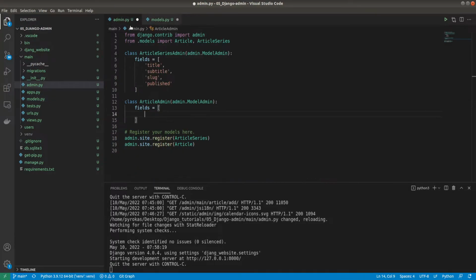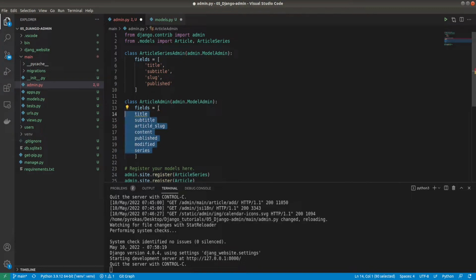I go back to my admin, I paste them, and now I move down and move to the end, and that's it. It seems like I created an additional view for us, and now I need to register these new